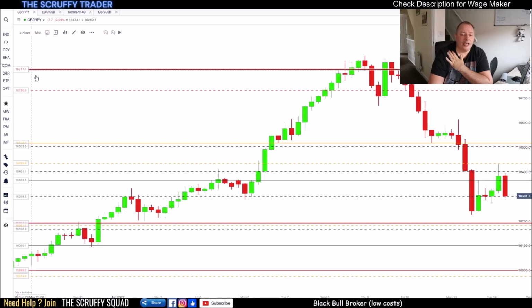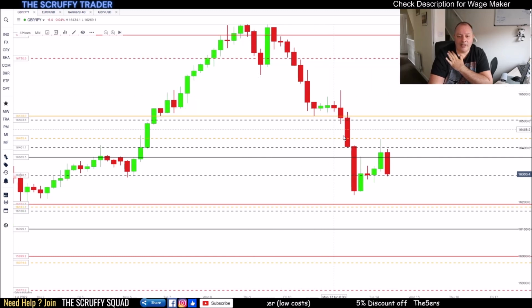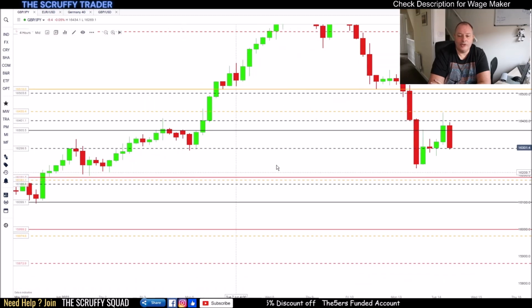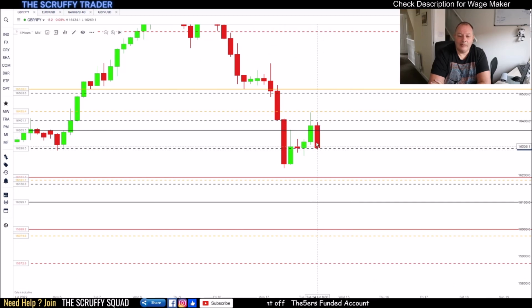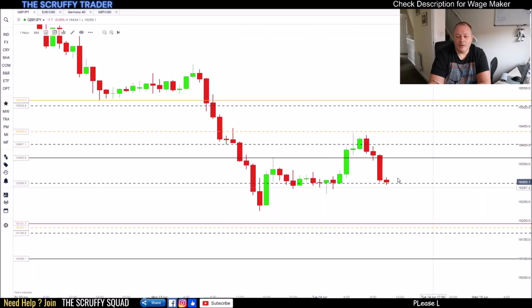Now, if we push this out to a 4-hour, you can see it's had a wonderful drive up, and now it's having a colossal drop down. And that drop looks like it's going to go to full retracement. So I'm paying close attention to what's going on. So from this point down to here, I'm only looking for 50, 60 quid. You know, it's not a lot. Take it to the hourly just so I can have a little bit more. You can see that's coming in now. It's about